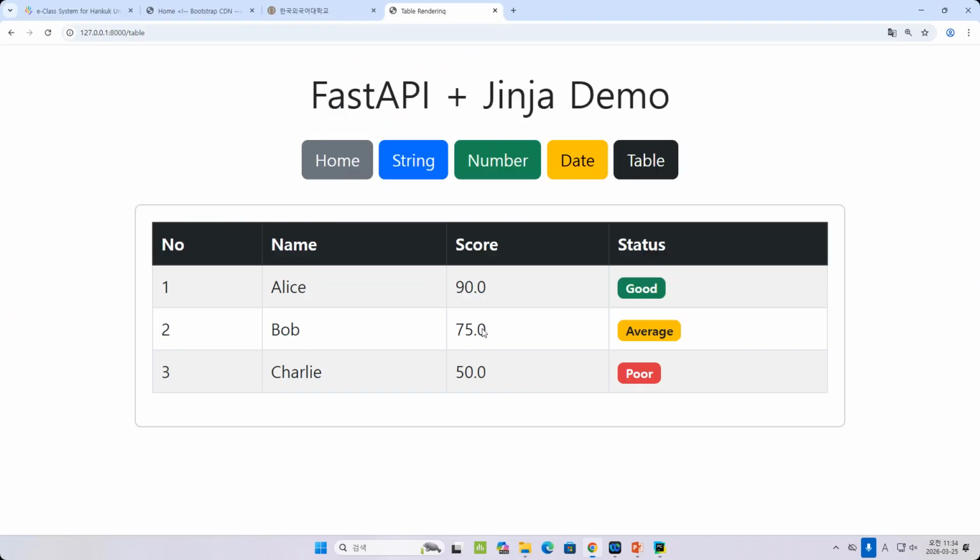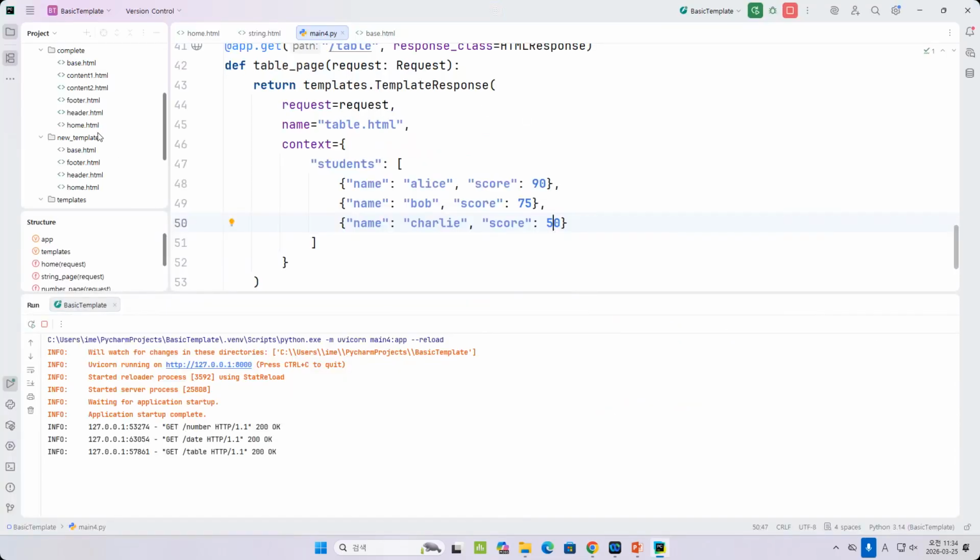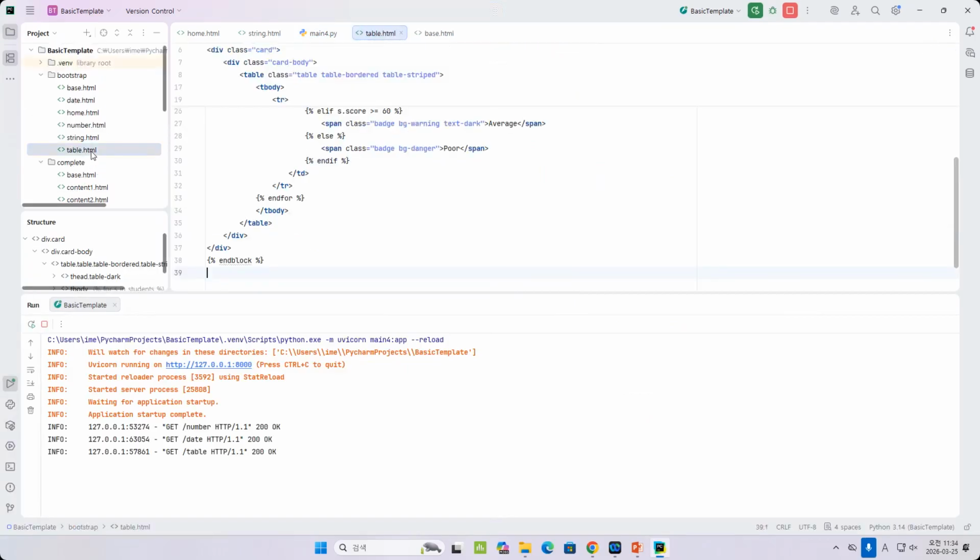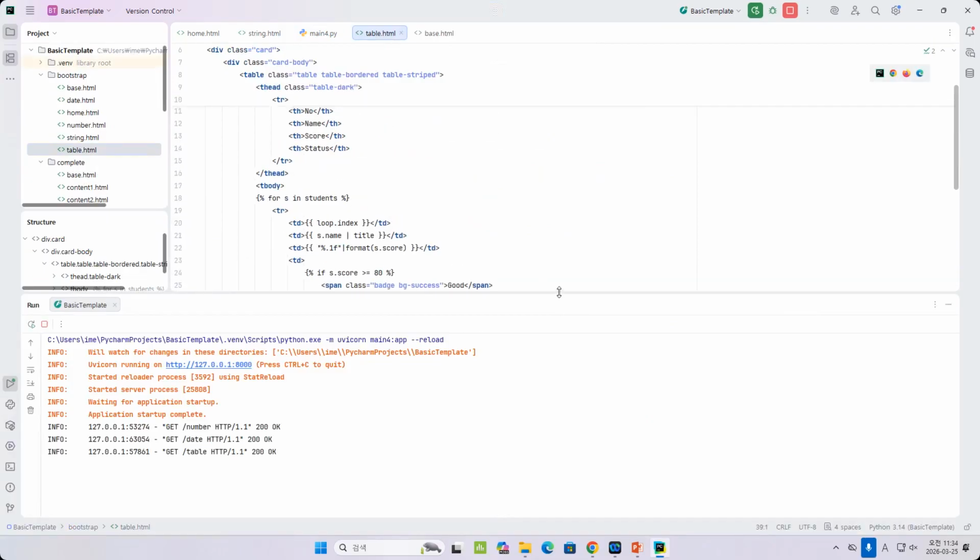But when we show it into this table, I can see the status. So how we can show the status? We don't have the data. So please take a look on the code. Now let's go to the table.html. So on the table.html,